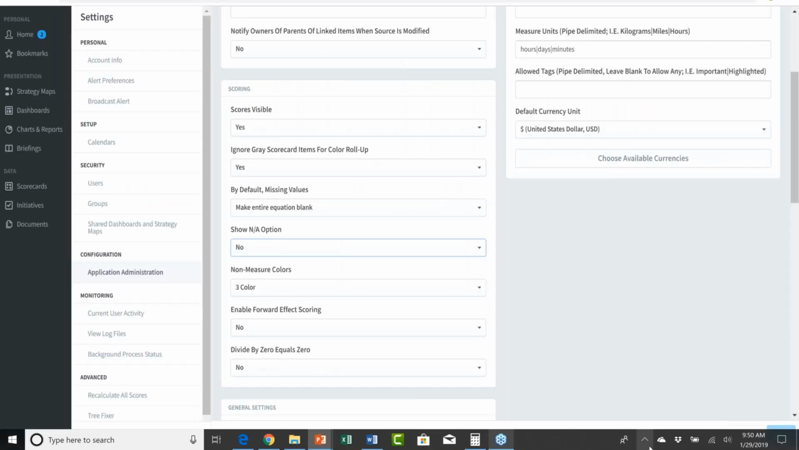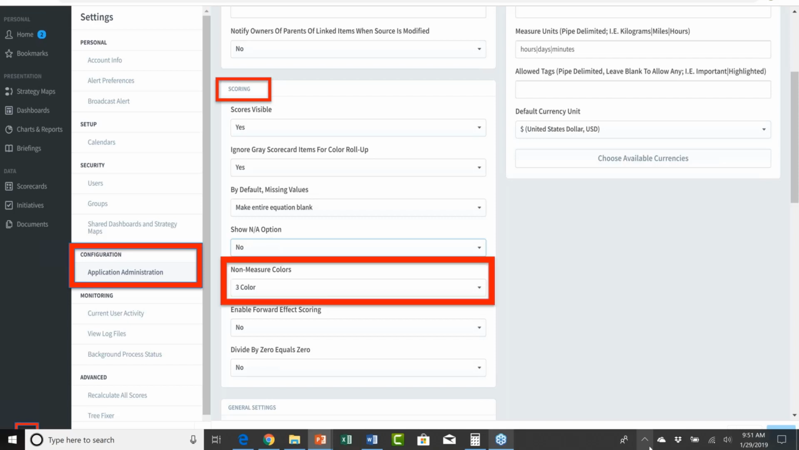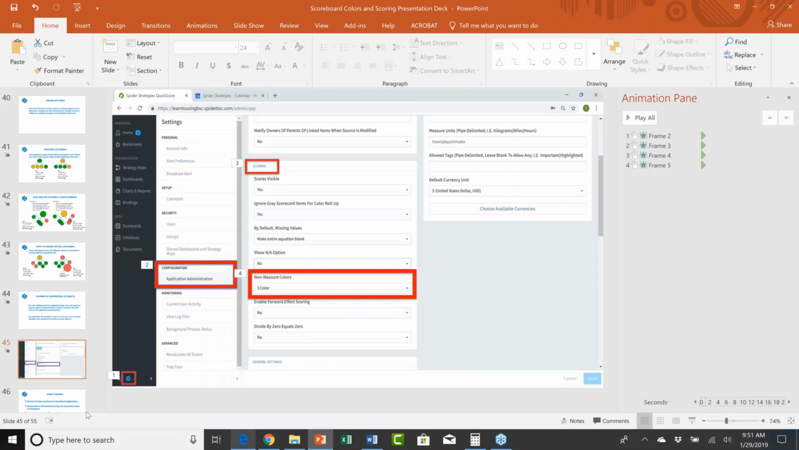Now, where you make those settings is in the administrative settings area of Scoreboard, in the configuration area. Under application administration, there's a scoring section, and within that is a non-measure colors setting, which again by default is set to 3-color. Now, I see that I'm quickly starting to run out of time here, but before we